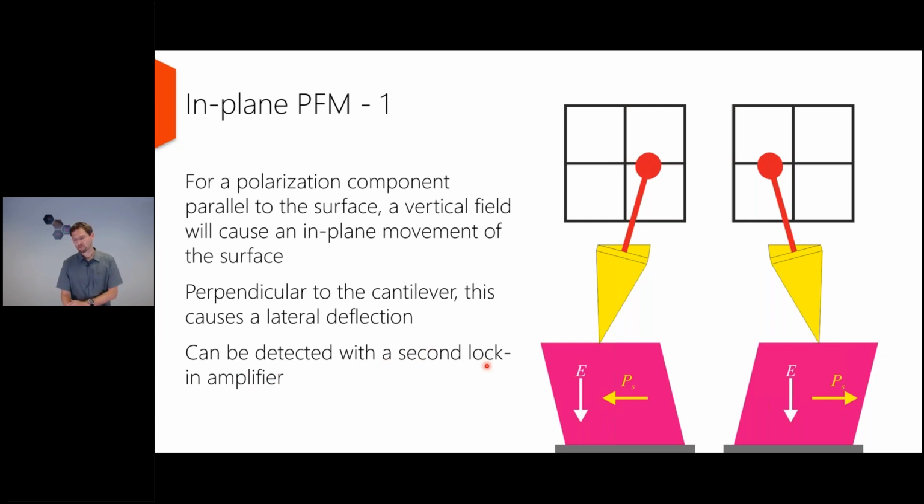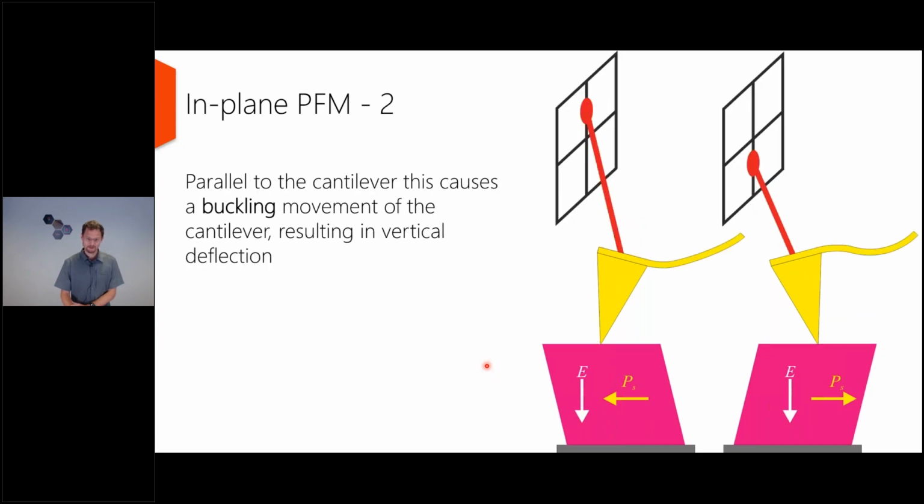But again, I took an assumption before I had it out of plane. Now I took it in plane, but perpendicular to the cantilever. What if it happens to be parallel to the cantilever? And now it's getting a bit more complex, because what happens now is, yes, my surface is again moving to the side, but now if the cantilever is from left to right,